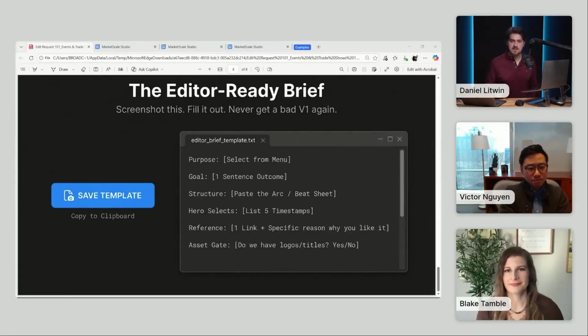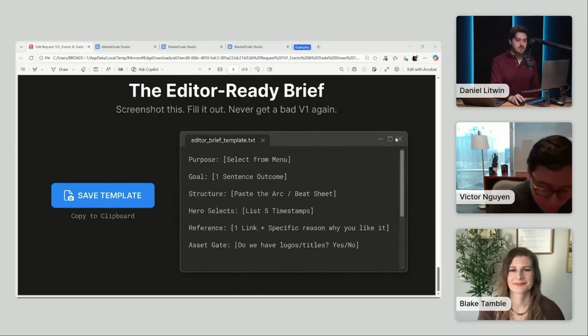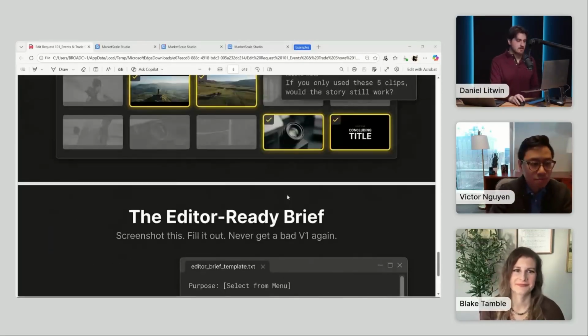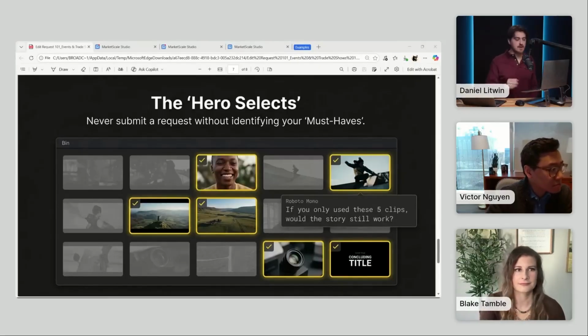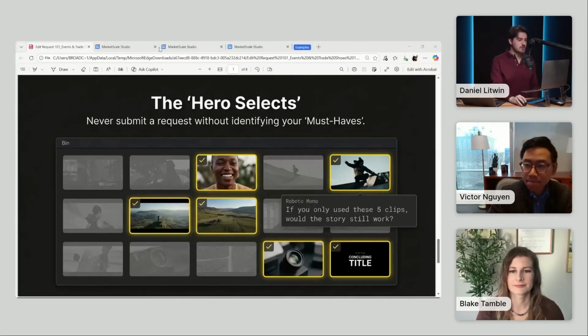There's got to be something in that footage that makes you say, oh, that was the best moment, or that was so funny, or that was so visually engaging, right? Make sure that you have those must-haves mapped out, especially if you got 200 clips in there, because the editors may not read the same vibe that you think that you're communicating intrinsically. Be specific. Go in, drop that note, make the exclamation mark comment in the proofing room like I did